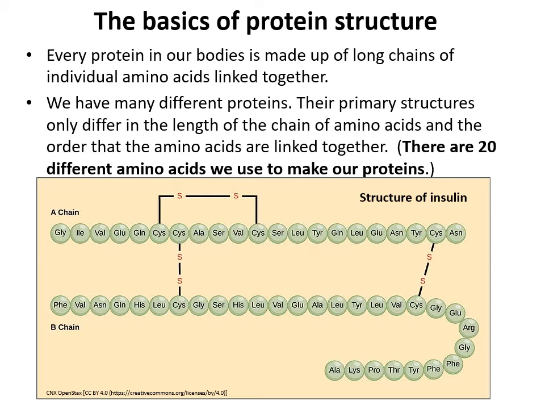So let's start off with what a protein is. And since we're discussing hormones, I might as well give an example of a protein that's a hormone. So I chose the very famous hormone, insulin. Insulin is a relatively simple protein. It is two chains. There's an alpha chain and a beta chain, and they're connected by a couple disulfide bonds.